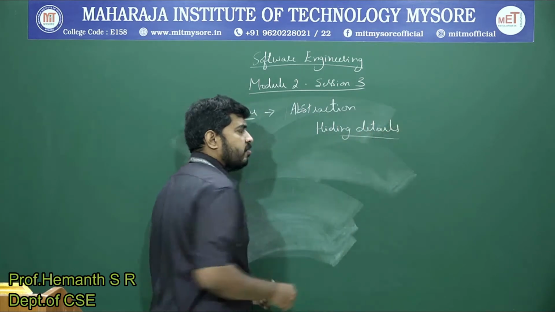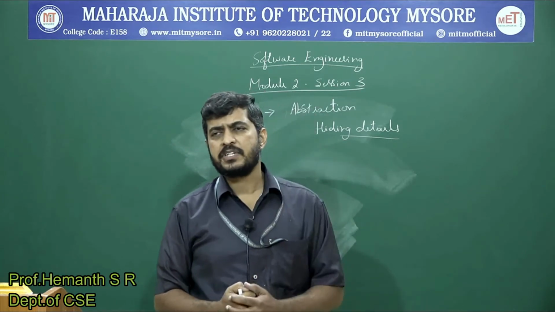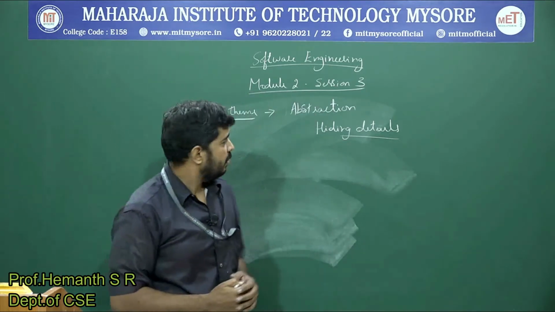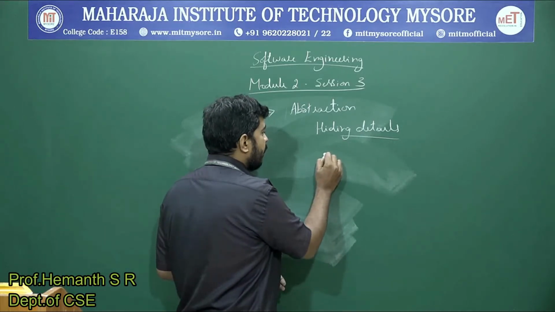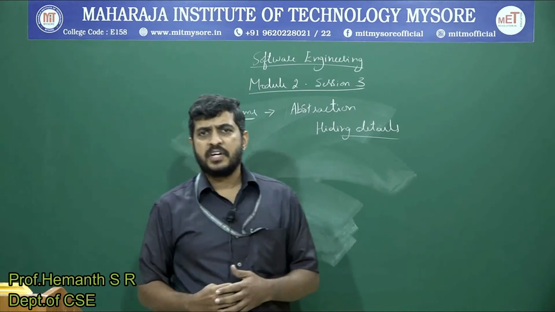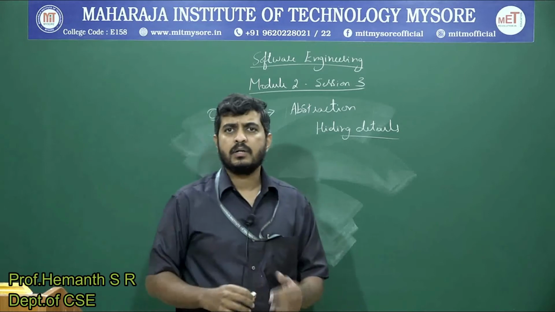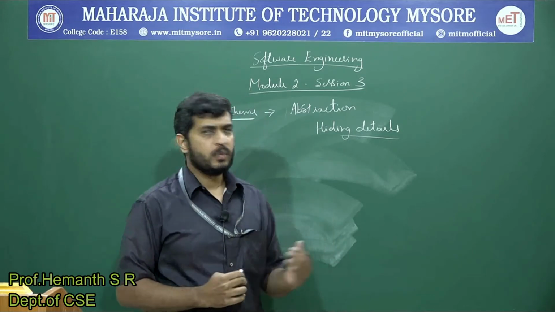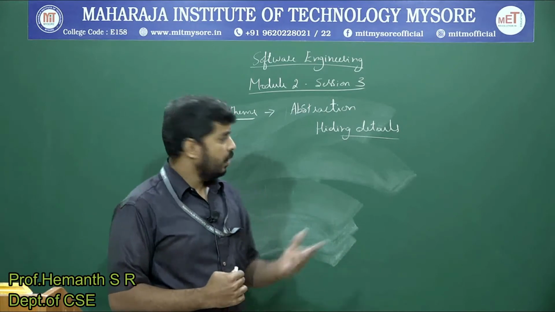Now what is the benefit of hiding the details in a design or implementation? The major benefit here is you can cover the complexity with respect to the stakeholder, the person who is visualizing the design or the implementation. If you want to hide the complexity from that particular viewer,